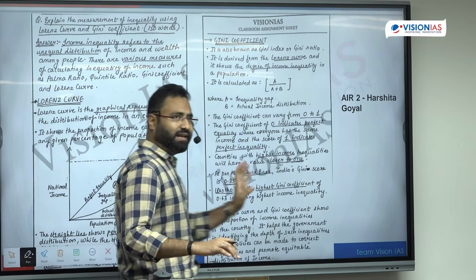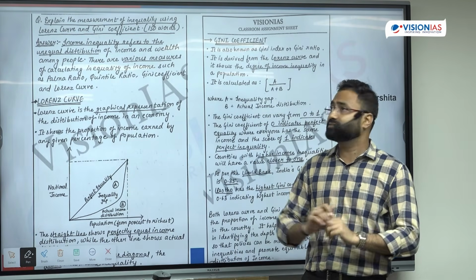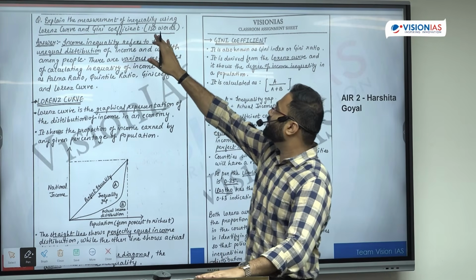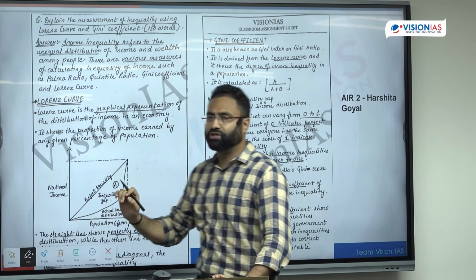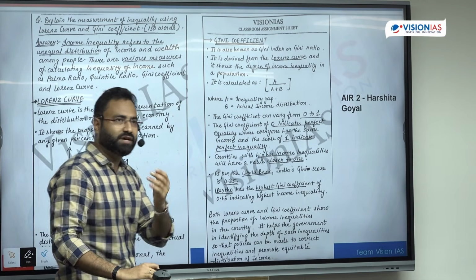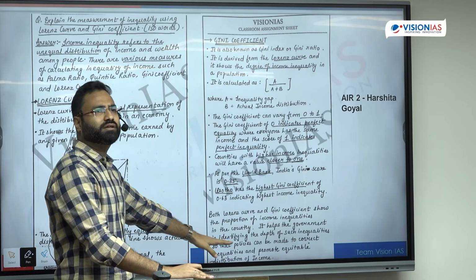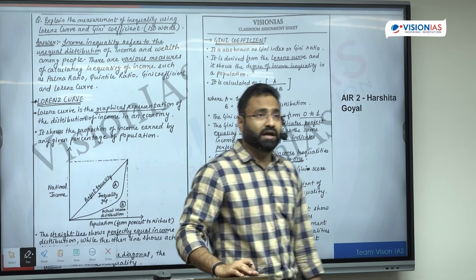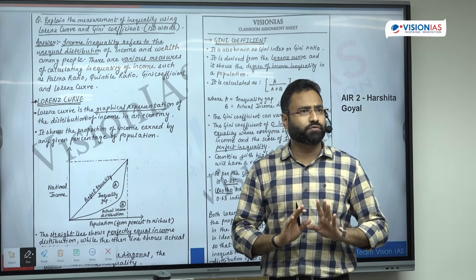Let's discuss this particular question, and I hope it is visible to you. I'll read the question for you, and this is a basic question based upon the economy class. Explain the measurement of inequality using the Lorenz curve and the Gini coefficient, and the word limit is mentioned as 150 words. Now, as we have discussed already, for a 150-word, 10-marker question, you are going to get 2 pages, right? Now see, as you have observed, this question is pretty straightforward, right?